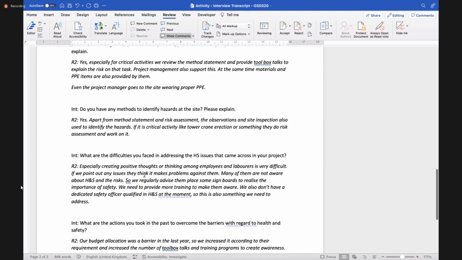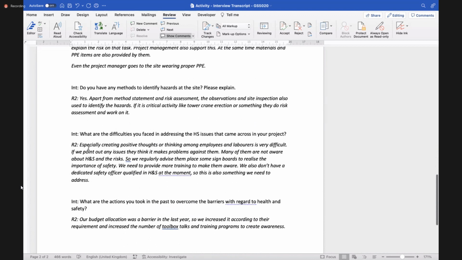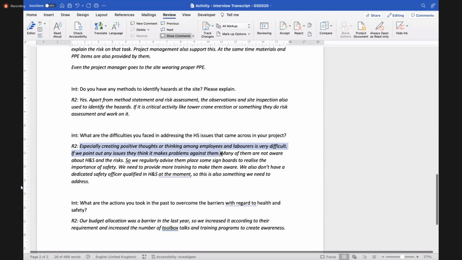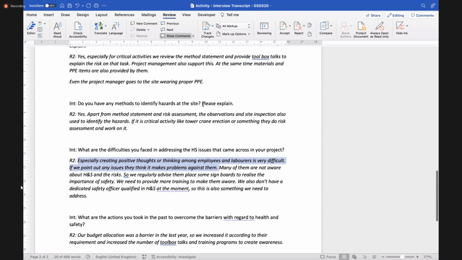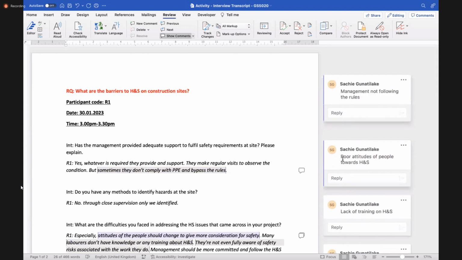Right? For example, in this second interview, if you come to here: creating positive thoughts or thinking among employees and laborers is very difficult. If we point out any issues, they think it makes problems against them. Again, they are talking about attitudes of people, isn't it?